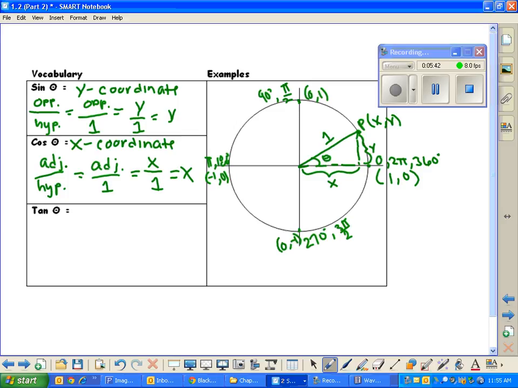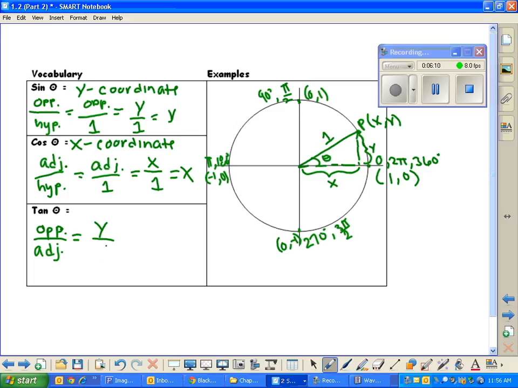Tangent of that angle is just opposite over adjacent. We knew that. Okay, so now let's apply it to this triangle inside the unit circle. What's the opposite of this angle? That's y. Yep. And adjacent